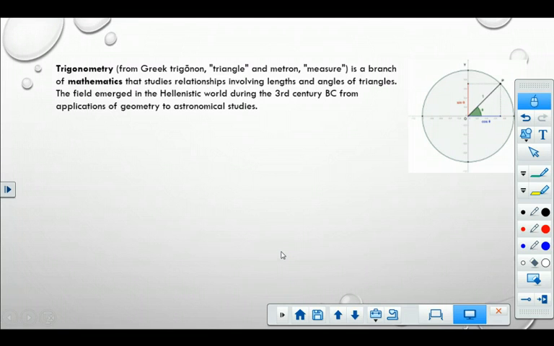And this is just a little review of trig, and then of course we'll get into the identities. Of course, trigonometric functions and trigonometry come from trigonometry, which means basically measure of a triangle. Okay? Greek trigonon, which means measure of a triangle. And you can get into all kinds of little things with the radius and how the radius is the hypotenuse and all that good stuff. I'm not going to go into that, but